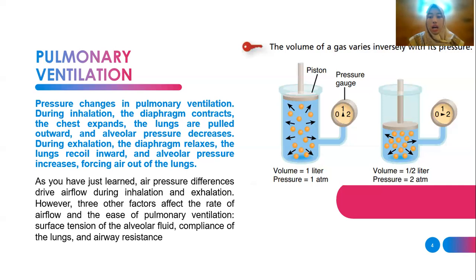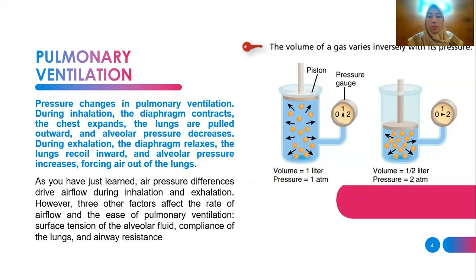And the second, external or pulmonary respiration, is the exchange of gases between the alveoli of the lungs and the blood in pulmonary capillaries across the respiratory membrane. In this process, pulmonary capillary blood gains oxygen and loses carbon dioxide. And the third, internal or tissue respiration, is the exchange of gases between blood in systemic capillaries and tissue cells. In this step, the blood loses oxygen and gains carbon dioxide.